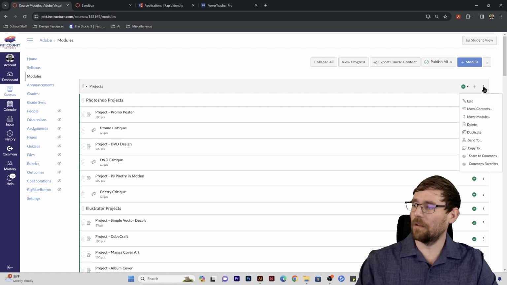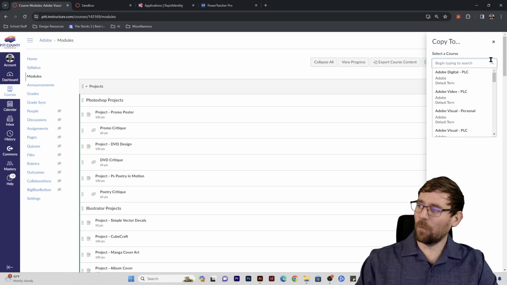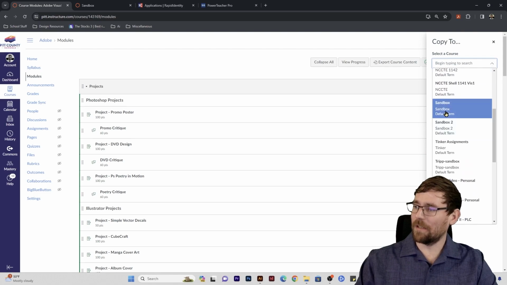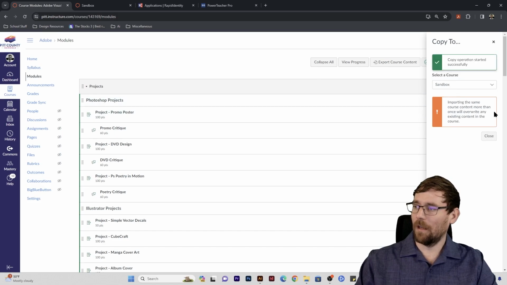If I click on these three little dots, I can see that I get an option here that says copy to. I can also do send to, I'll point out. Copy to. And where do I want to copy this to? I'm going to take this to my sandbox. And if I go to my sandbox with this entire module and hit copy, it'll show that entire module over